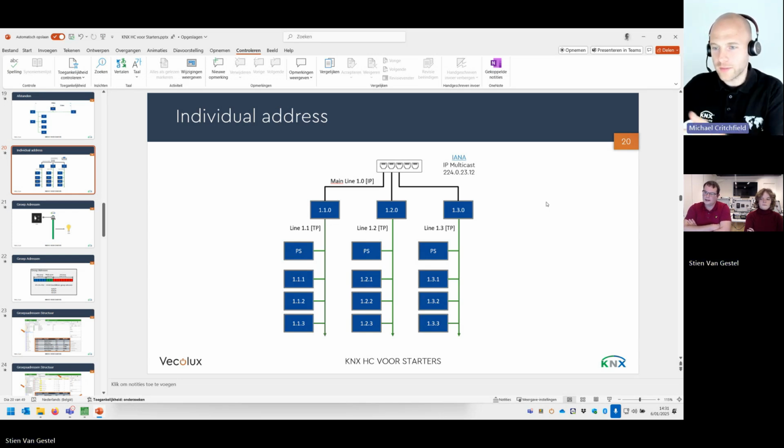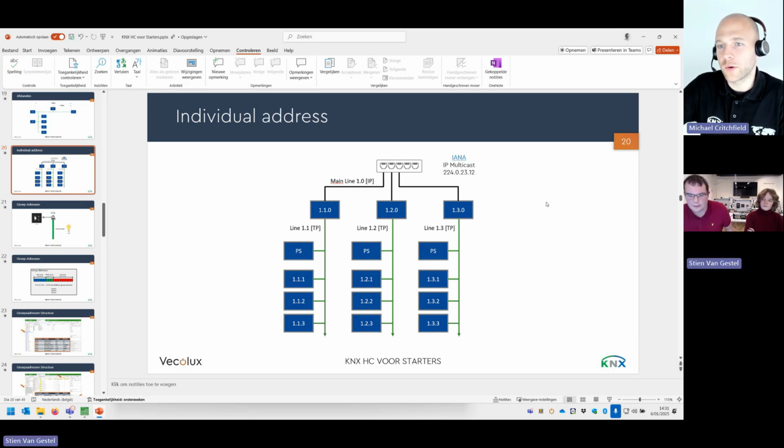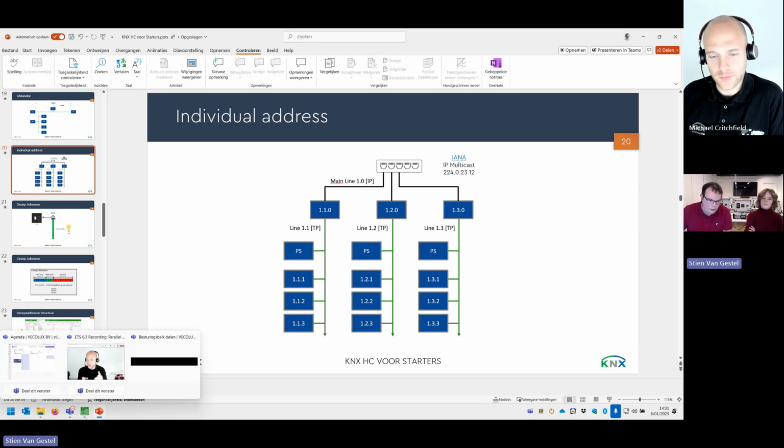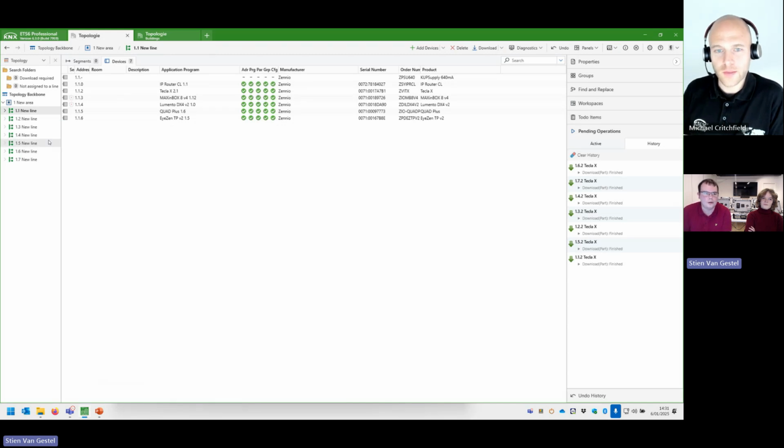Right, and you showed it here with 3 lines, but in the end it can be many more, right? Exactly, yes. It's all an IP backbone. Correct. You have 7 boxes there. Behind us at the moment, we have 7 boxes equipped with an IP router. And in ETS, let me show you, we have this topology where all the training suitcases have the same material, the projects are copied, the lines are copied. Every IP router has its own IP address, and ETS 6.3 knows which individual address is in which IP address, and ETS will create a tunnel accordingly.